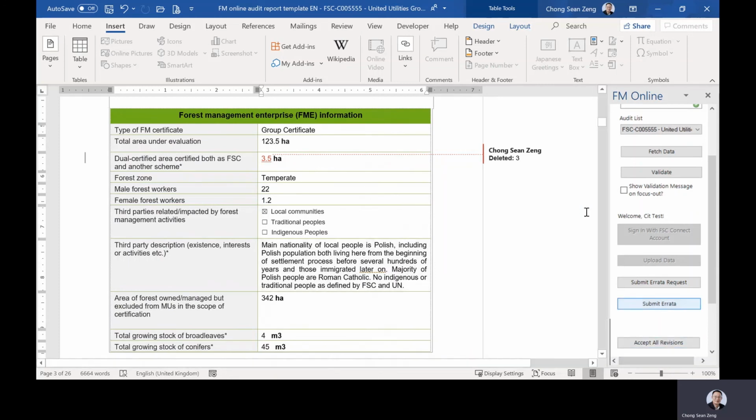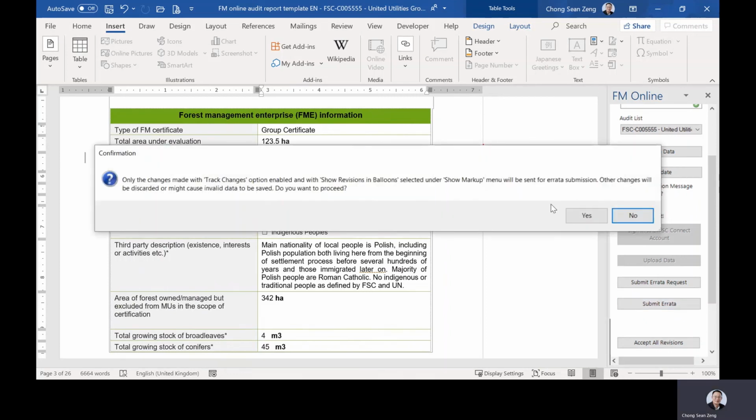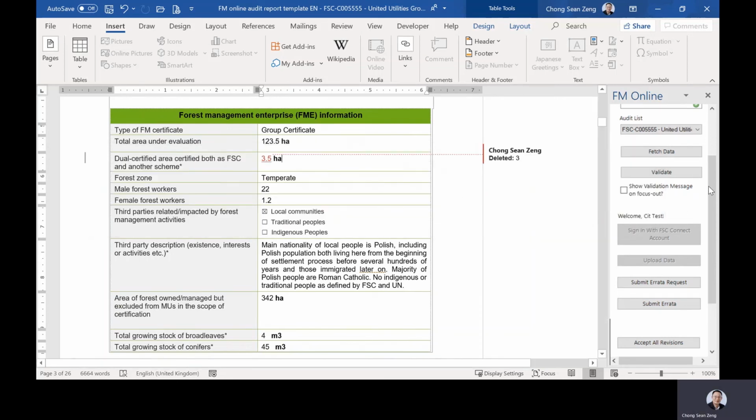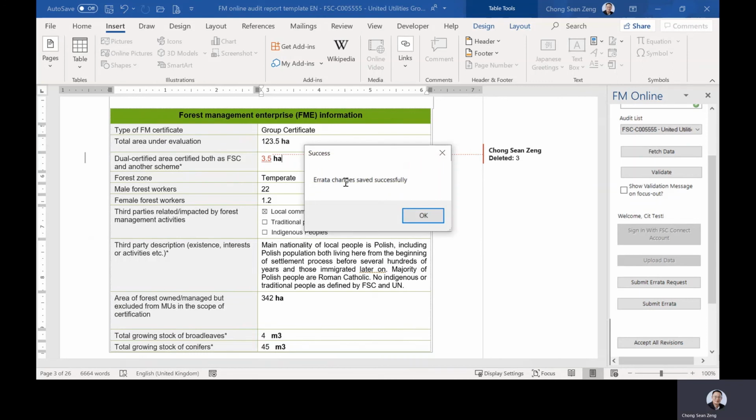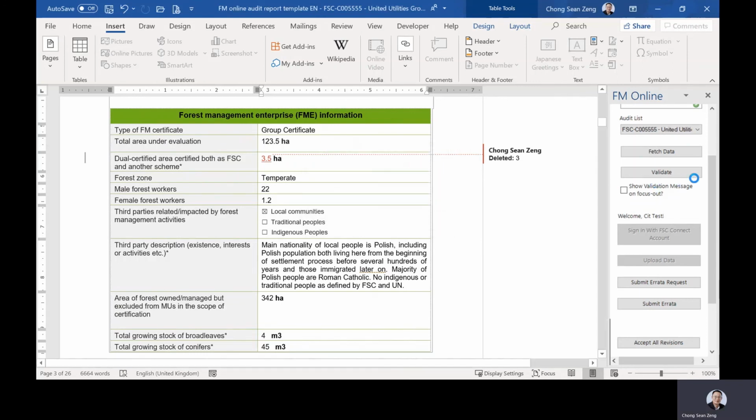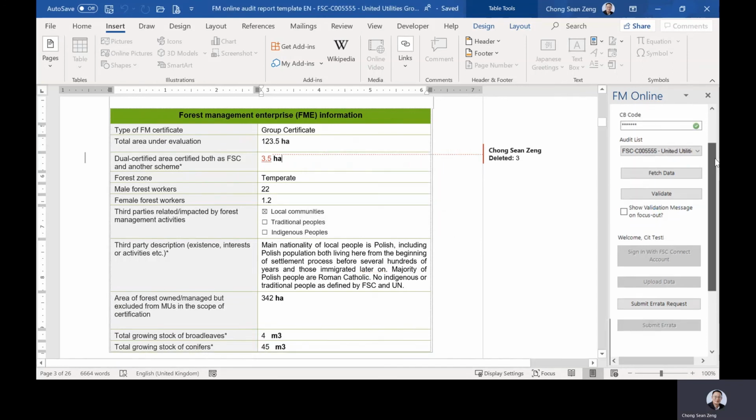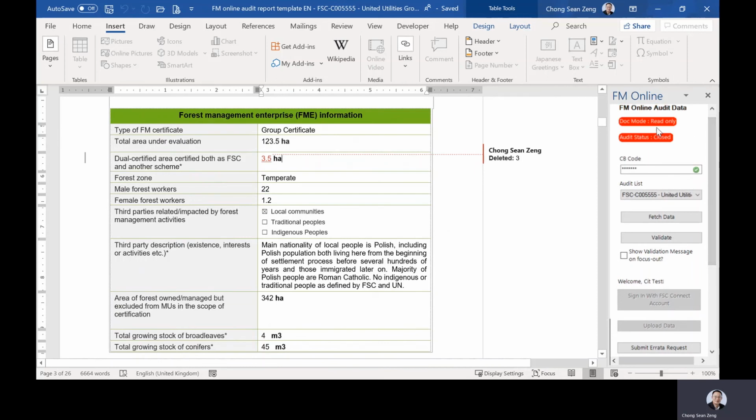Let's try submit errata. And it will ask you only track changes will be enabled and uploaded. Let's click yes. Errata changes saved successfully. So this is done and the report will be protected again. And now we need to verify what has happened to the backend. So let's go back to our